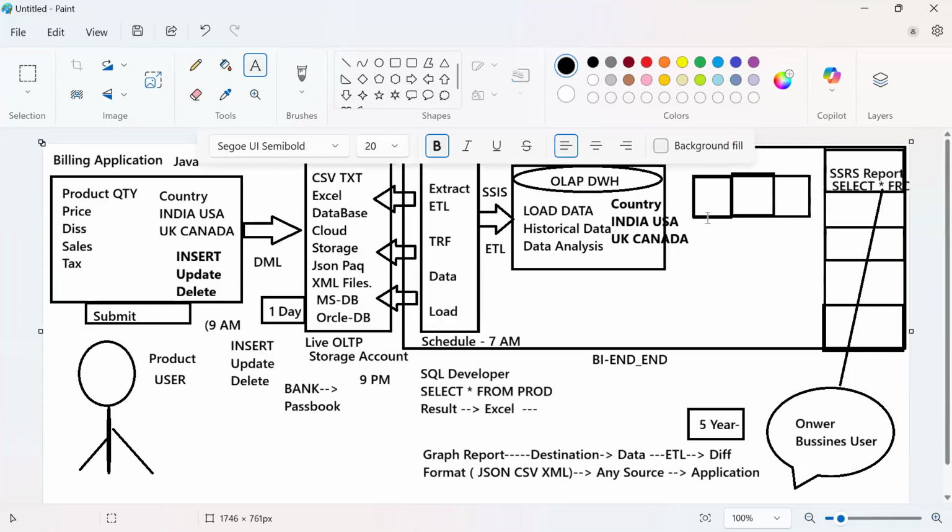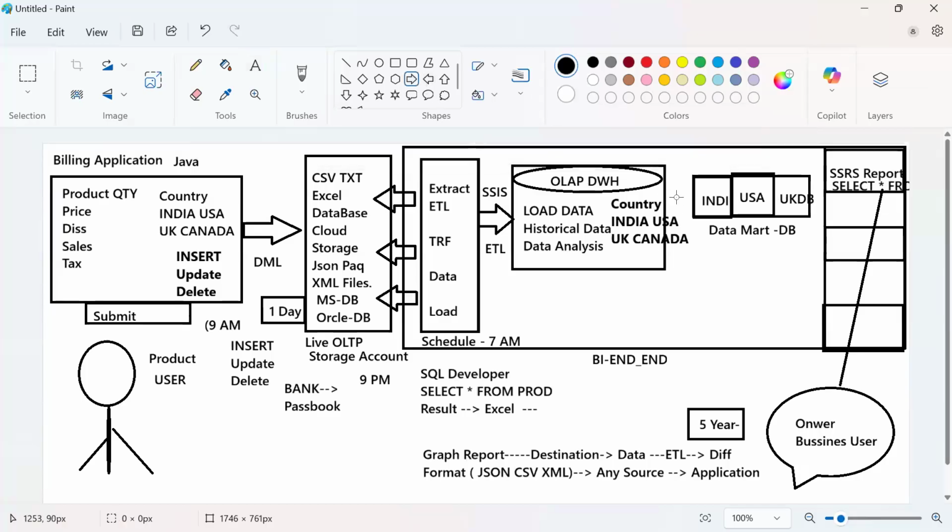A data mart is a place where it stores particular, specific databases. Let's suppose you want to store only the India region, I'll store only the India region. You want to store UK data, or USA data, you can. If you want to maintain just the UK data, you can maintain that database also. These databases are called data marts. So for that also you require ETL processing.